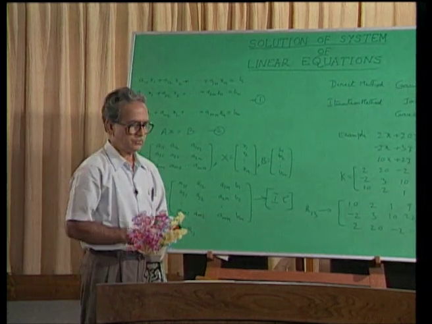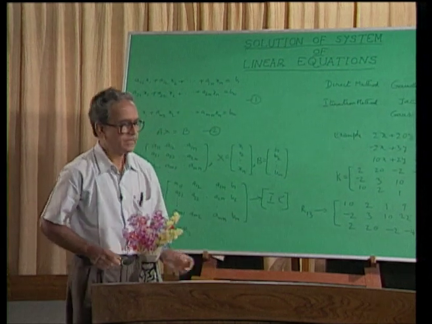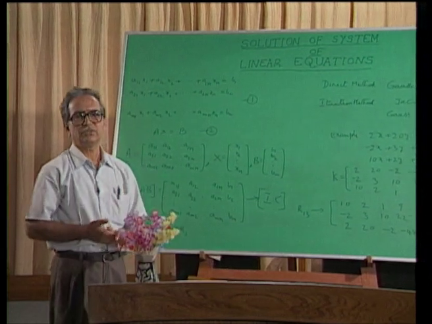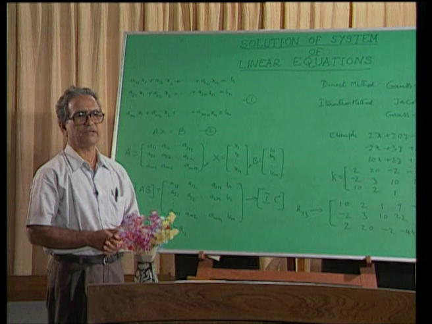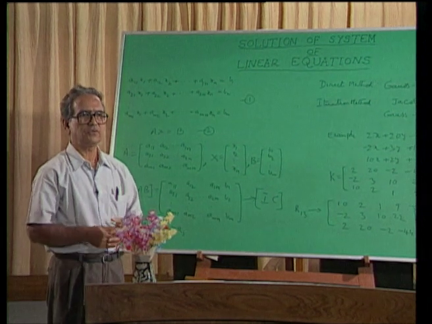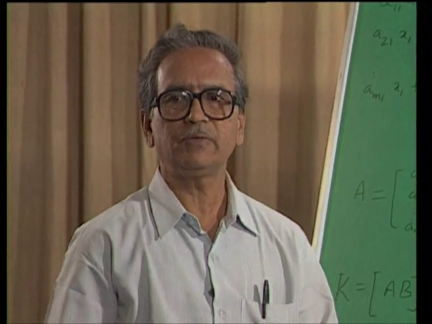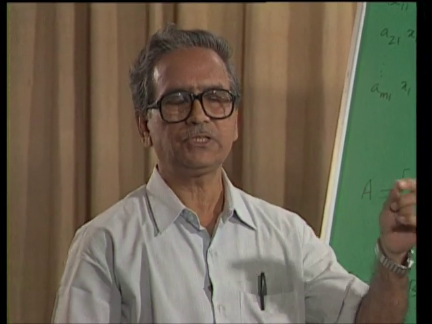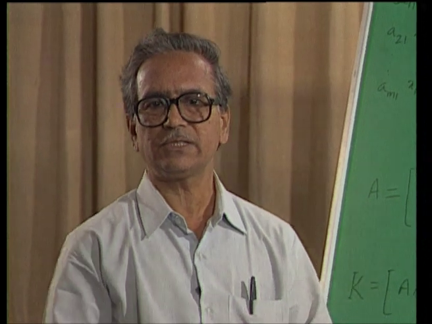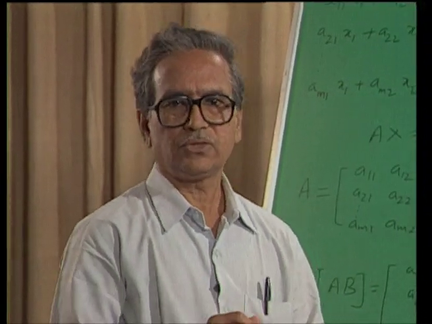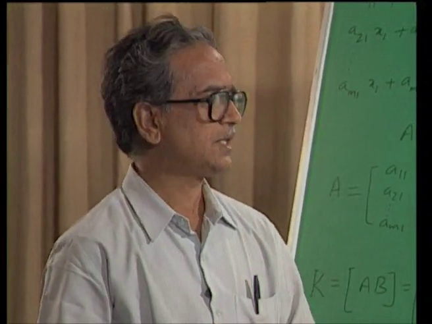Now, whenever we calculate the solution to a fixed number of decimal places, it is always advisable to perform partial pivoting and bring the numerically largest term into the position of the pivot. This reduces the rounding error to a large extent. Now, to understand the Gauss-Jordan method, let us consider a simple example.